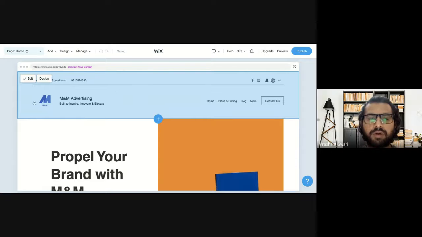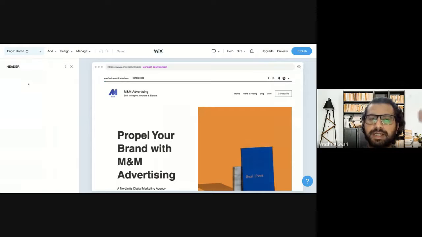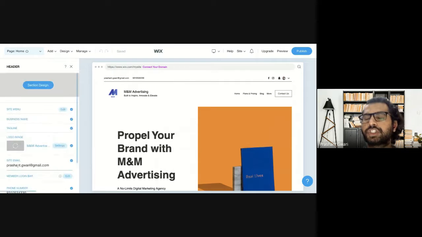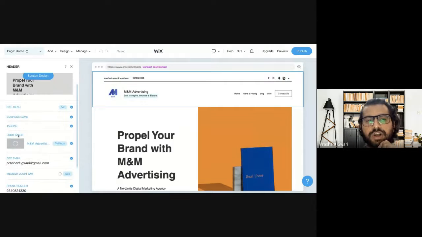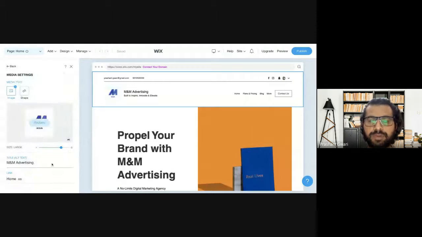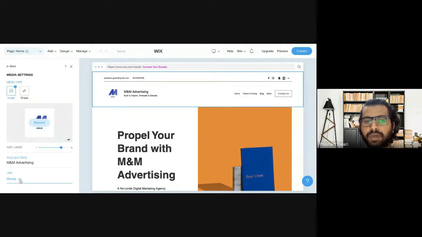On the header part, if you have a doubt about how to redirect your website visitor to a home page when they click on a logo sign, for that you have to click here on edit, and there will be a logo section where you can change or upload the logo. This is the part where you can change or upload the logo from. So you will click here on the setting part, and in the setting part there will be an option of link. On the link option, you will click on this link button.